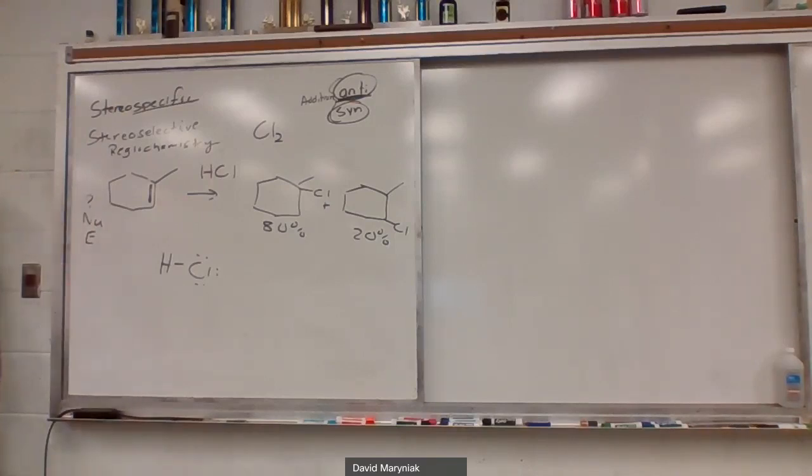That should always be your question. The nucleophile. That line, or that pair of electrons, always represents a hypothetical negative, correct? And negatives are